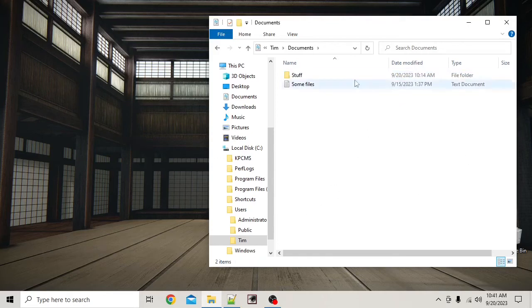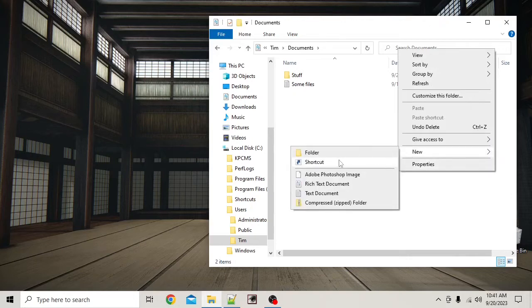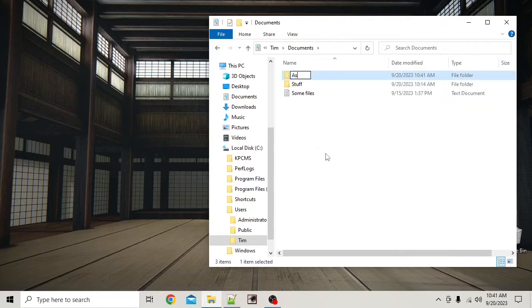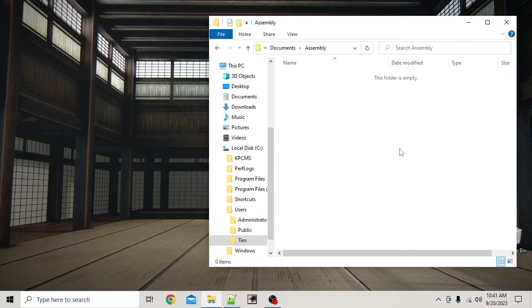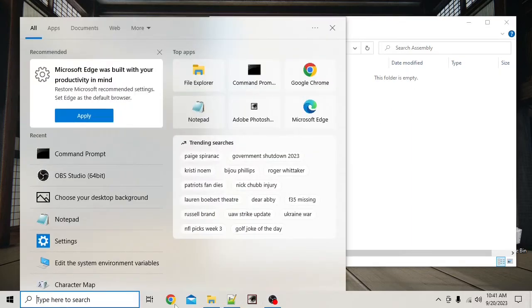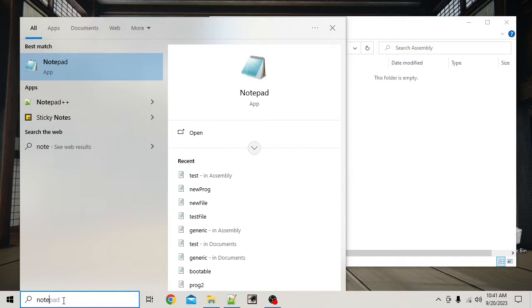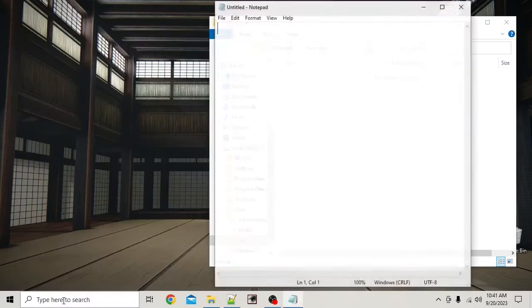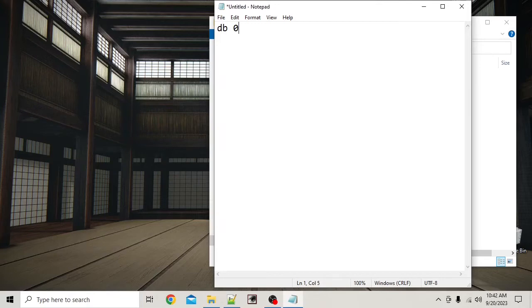Okay, same thing the old-fashioned way, of course. There's my documents folder. I could just right-click, new folder, assembly, enter, and then double-click and go in there. I don't have a shortcut for Notepad there, or you could use your favorite text editor, but let's just go with what comes with Windows by default. I could type Notepad in there, enter, there it is. We go DB 0,